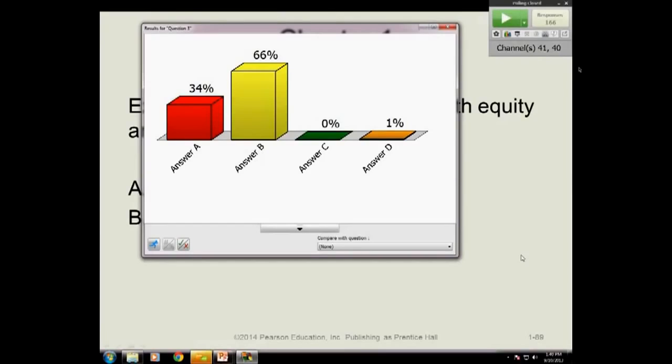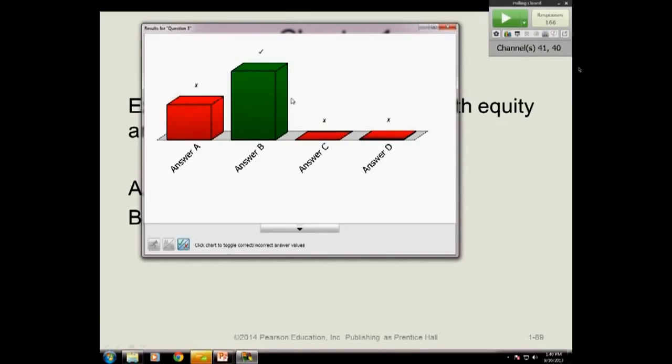So the answer to that question is false. It's true they both reduce equity, but only expenses reduce income. Okay. All right, so that wraps up this part of the chapter, and we're going to move on